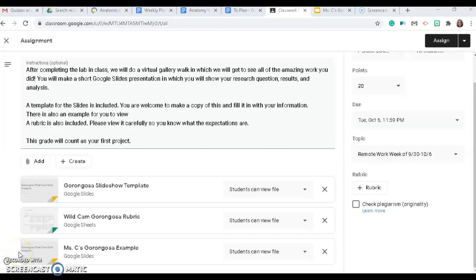Here is what we're going to do with the trail camera data lab once we finish working on it in class. You will be making a short Google Slides presentation, which will showcase your observations, research question, hypothesis, results, and conclusions. And once everyone turns them into me on October 6th, I will send them all out to you so you can take a look at them,